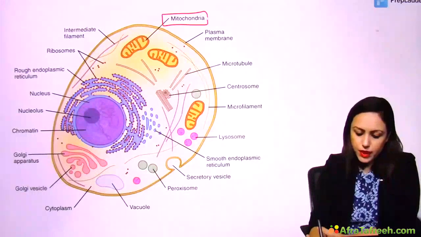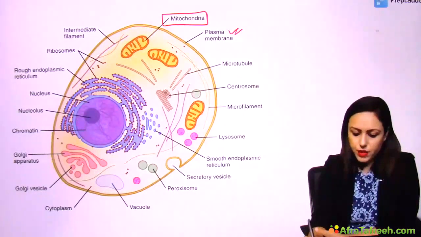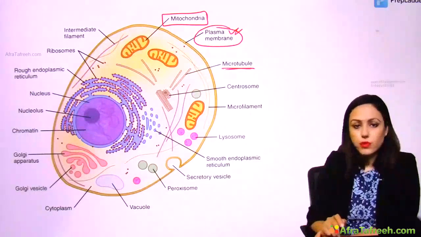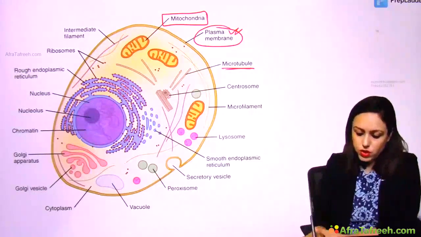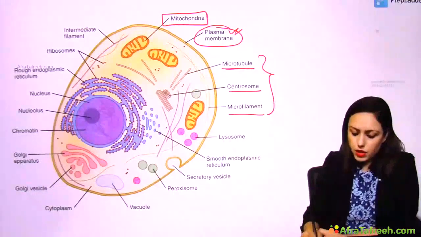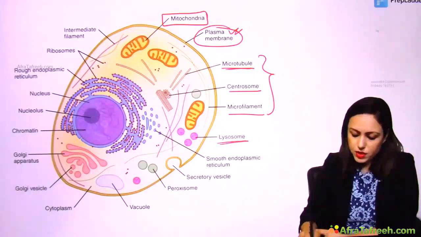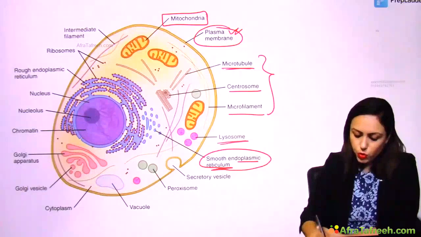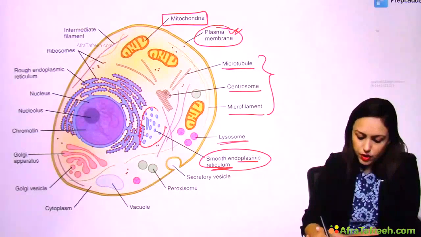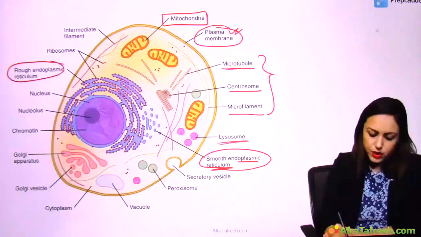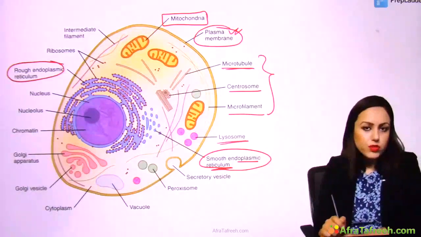So this is mitochondria, this is plasma membrane, then microtubules are present in eukaryotes, centrosome, microfilament, then lysosome is an organelle which is present, endoplasmic reticulum, smooth which is not having any ribosome attached to it, rough endoplasmic reticulum which is having ribosomes attached to it,